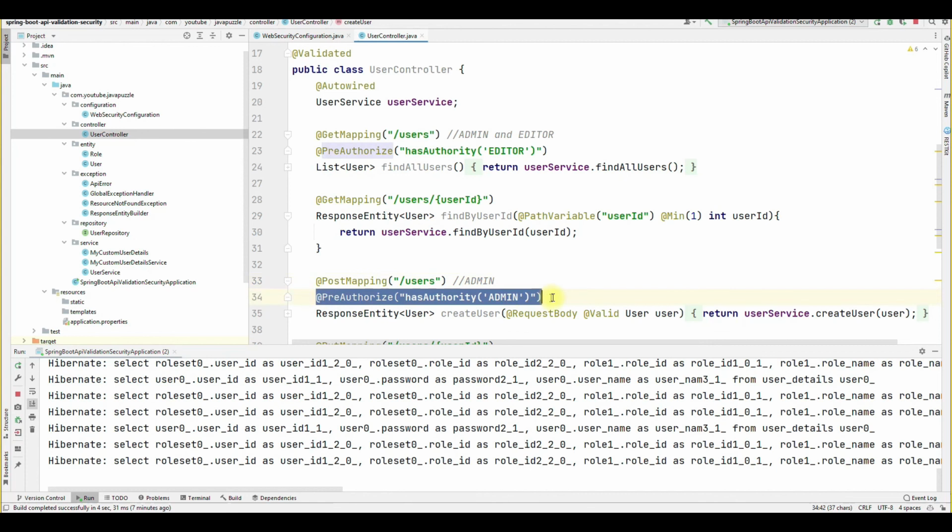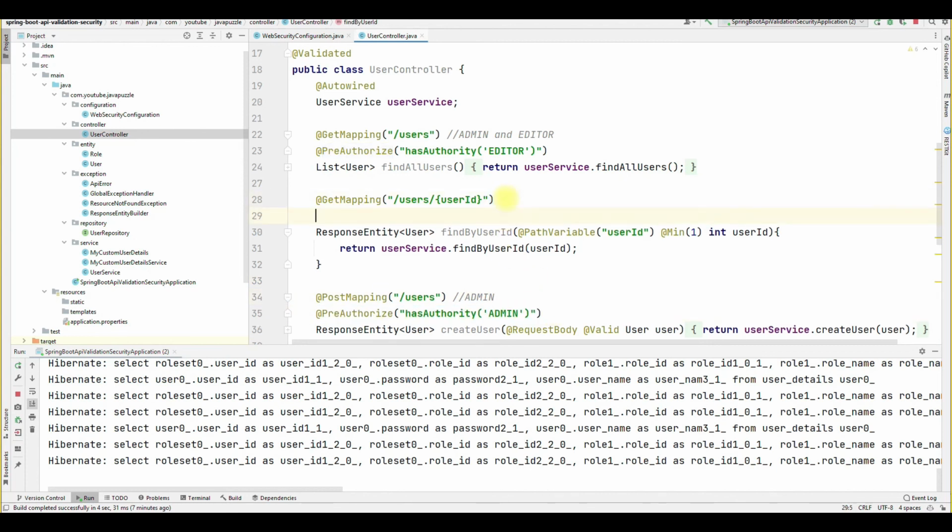Let me copy this, and I just add this as authority. So this user ID get mapping we are giving to the admin user, and for all the others here we make it editor. Okay, now let me run the program.